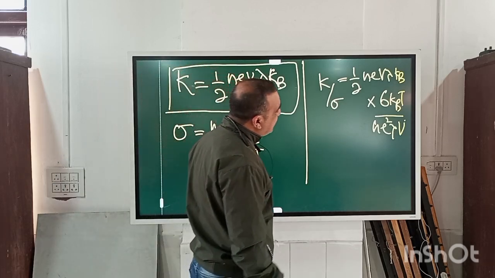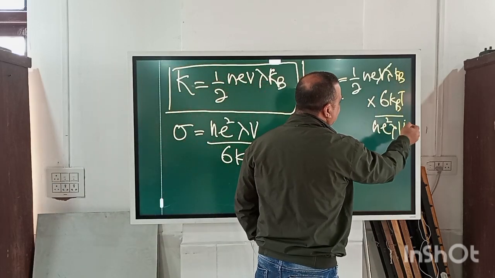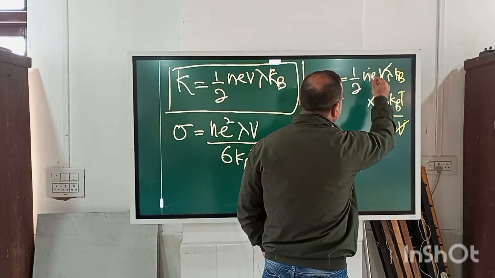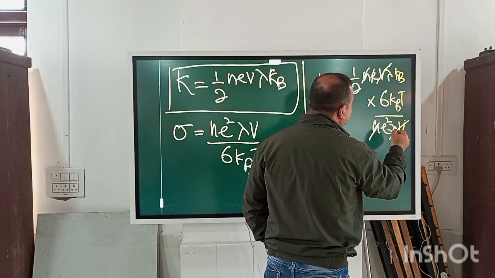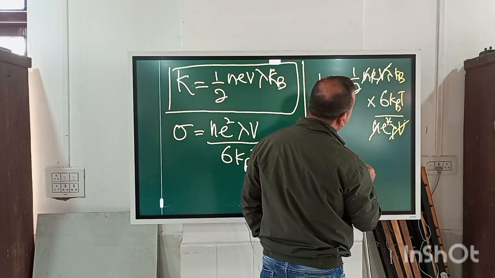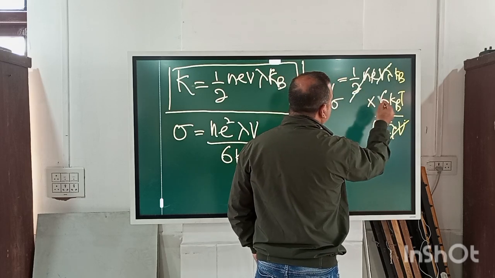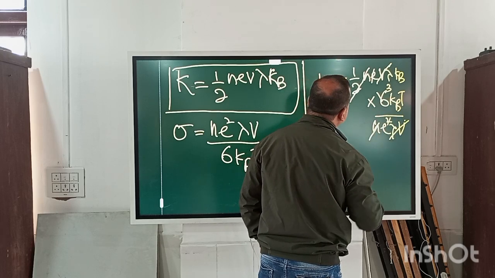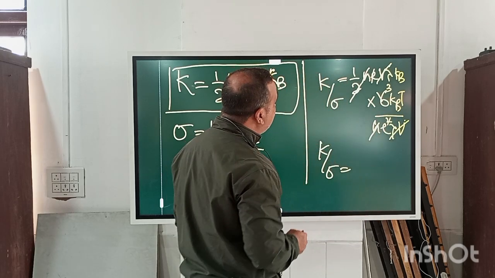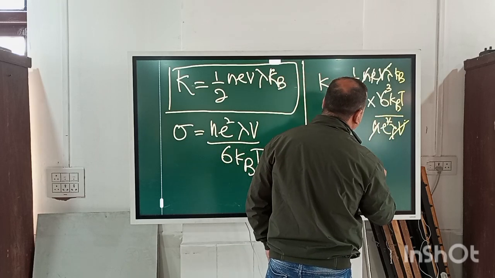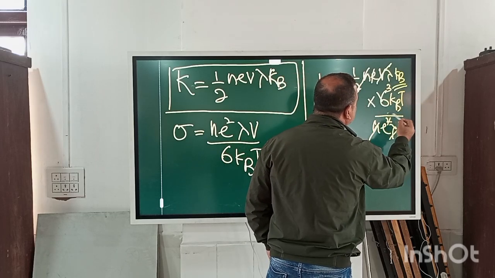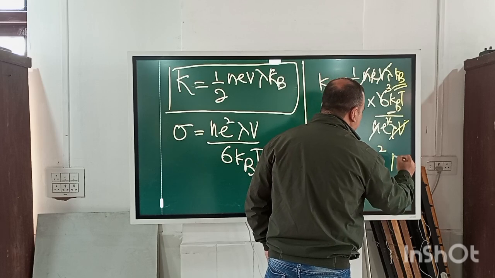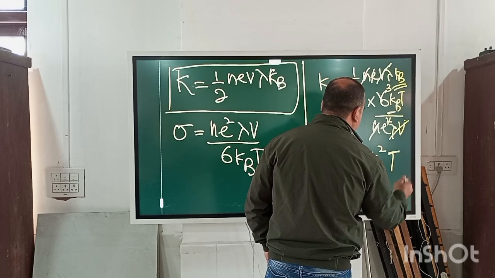So there will be some cancellations. V lambda and V lambda will cancel, N will cancel with N, and e will cancel with e square, and then 2 ones are 2, 2 threes are 6. So K by sigma equals, what we are left with in the numerator is 3, and we have kB here, and this kB and kB will give us kB square, multiplied by T, divided by